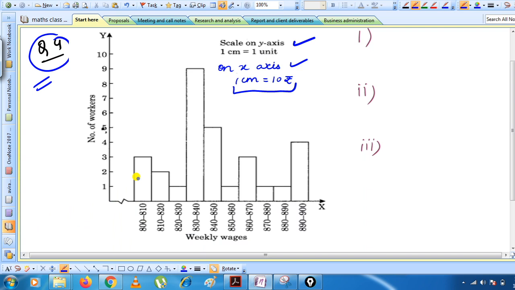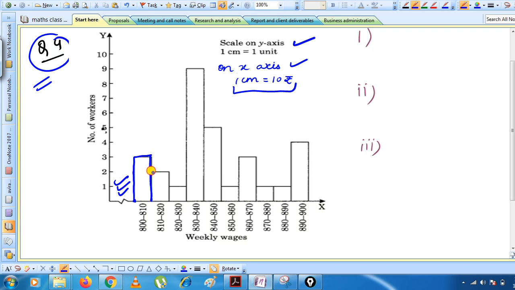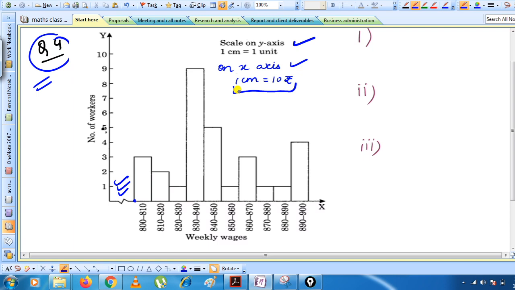Histogram, I already told you. The rectangles which we make will not have any gap between them, although they have some gap here at the start. When you start making, you start from this point. This rectangle you made first, then for the next class interval you made this, then this class interval. This was the class interval where you were getting frequency 9. That's why up to 9 we made this rectangle. So to draw this graph, it is very easy.